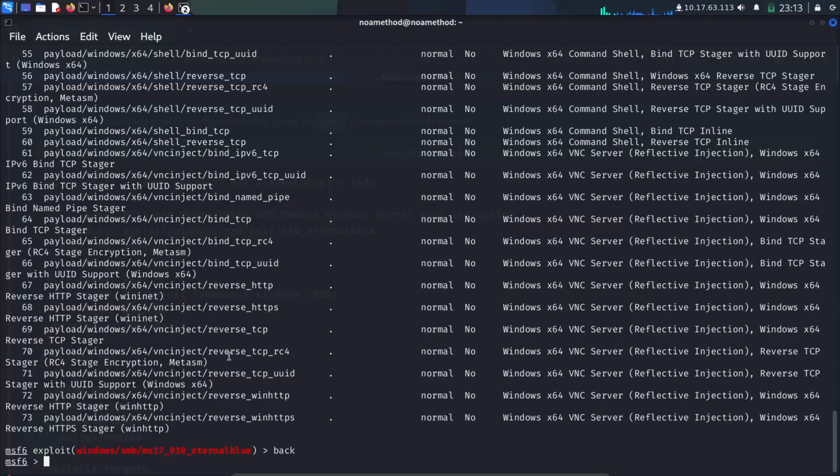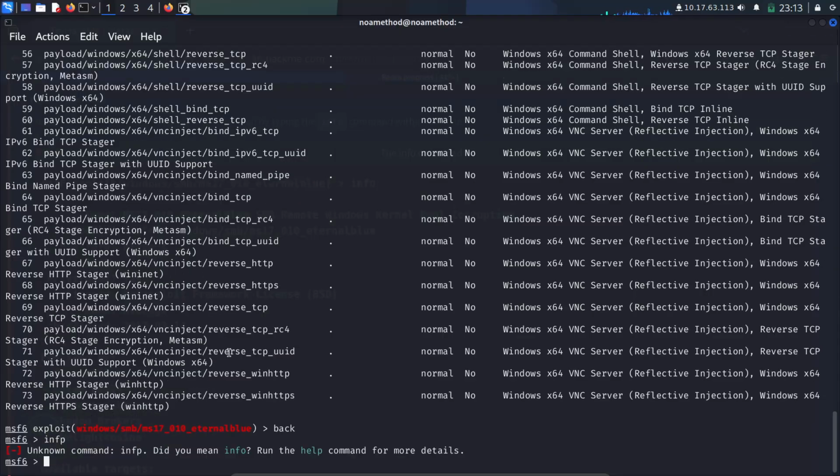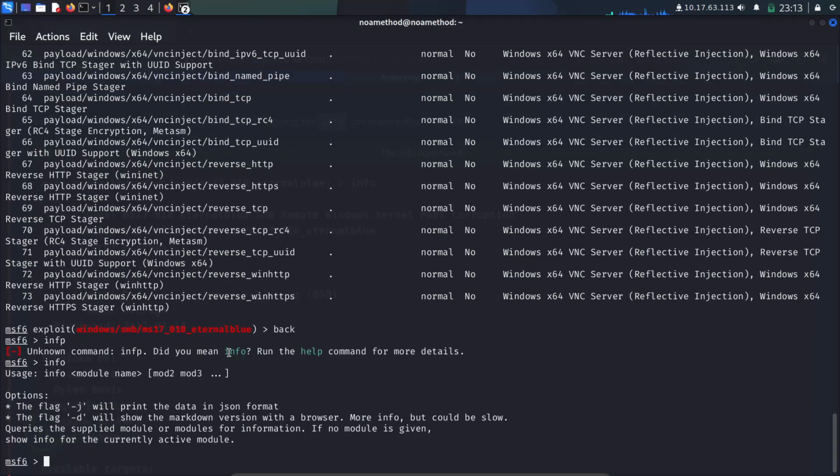The flag -j will print the data in JSON format. The flag -d will show the Markdown version in the browser.